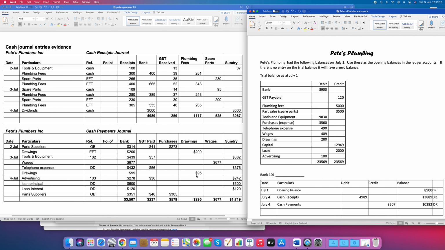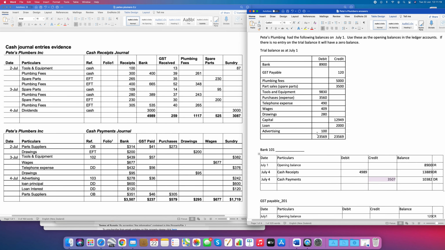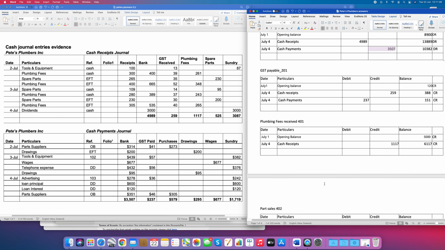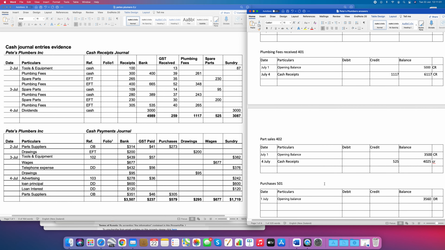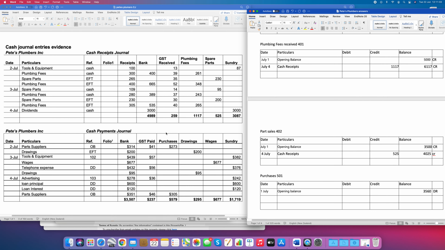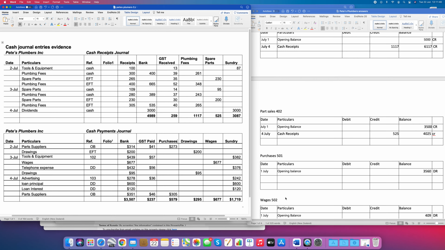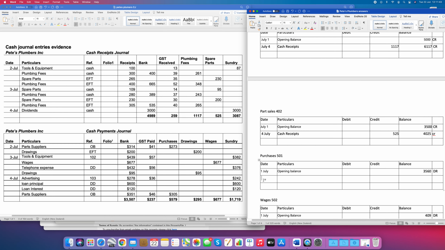Now we have already done the bank. If you have a look here, that's this number here, that's 3,507 that we've taken out of the bank account. We've already done the GST payable, $237 on July 4th, that's done. Okay, now we've got some entries that have already been done from the cash receipts journal, and now we're up to the next line in the cash payments, which is purchases. So if we have a look here, we've got a total payment of $579 on the 4th of July, so for July,